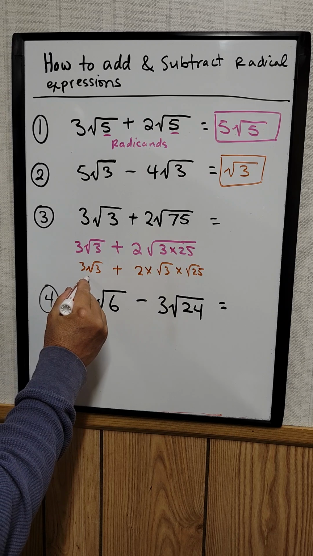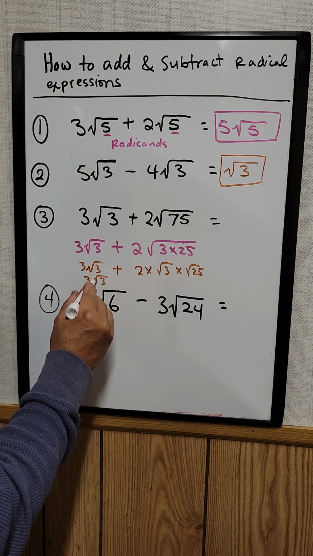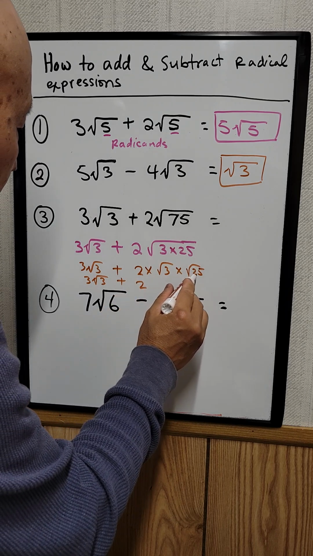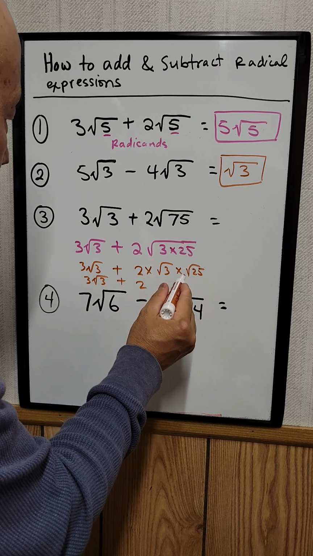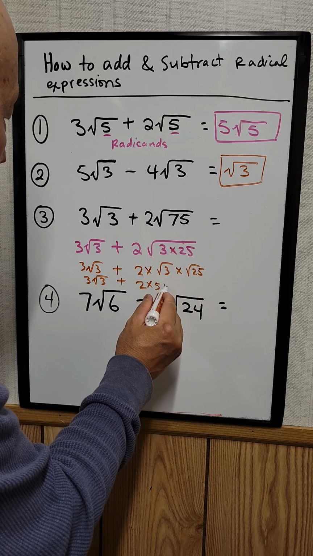So this is just equal to 3 times the square root of 3 plus 2 times, and the square root of 25 is just 5. Okay, that's a perfect square. So times 5 times the square root of